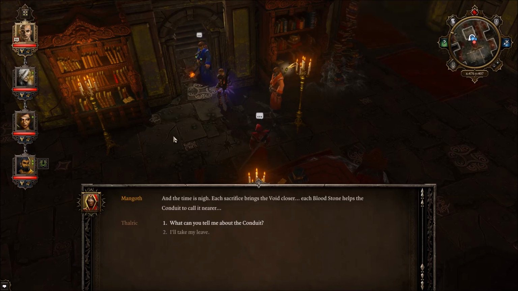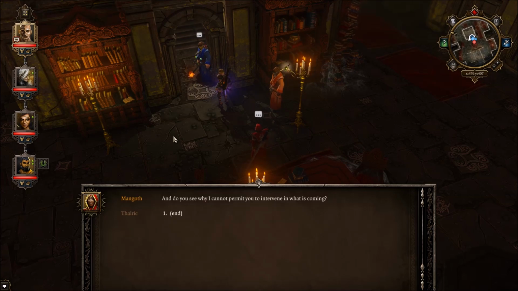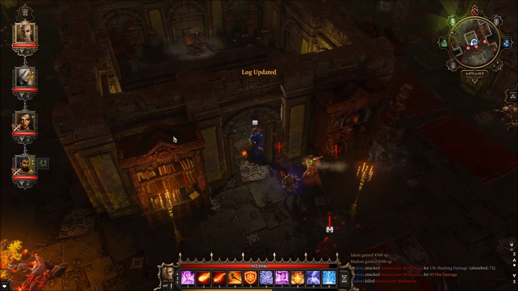So what can you tell me about the conduit? She and she alone communicates with the goddess. She and she alone can. And now do you see, Source Hunter? Do you now understand that walking the Immaculate path, I cannot permit you to